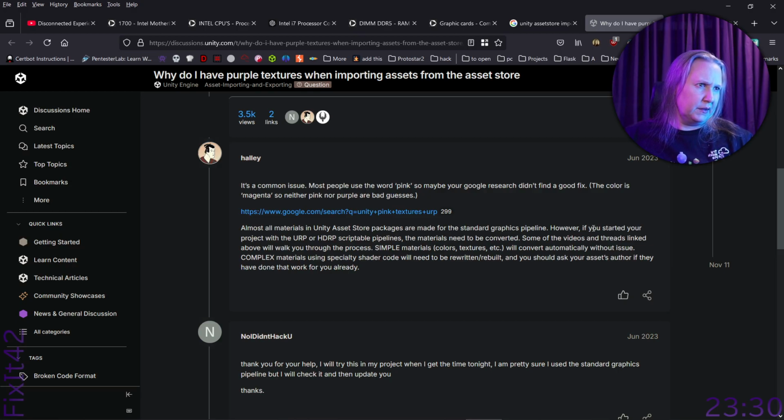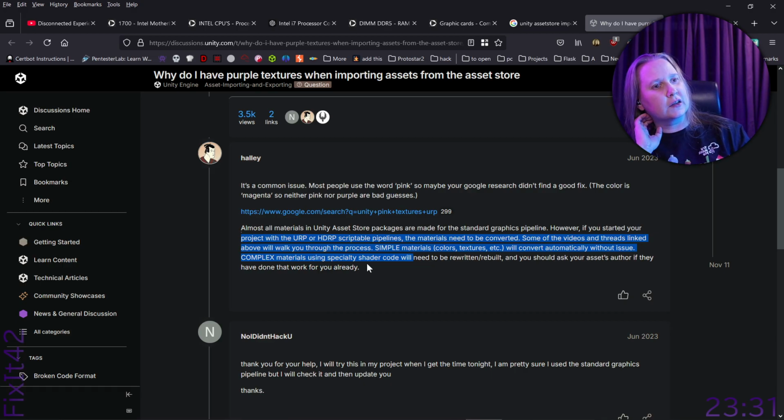However, if you started your project with a URP or HDRP scriptable pipeline, the materials need to be converted. Some of the videos and threads linked above will walk you through the process. Simple materials, colors get converted automatically without issue. Complex materials using